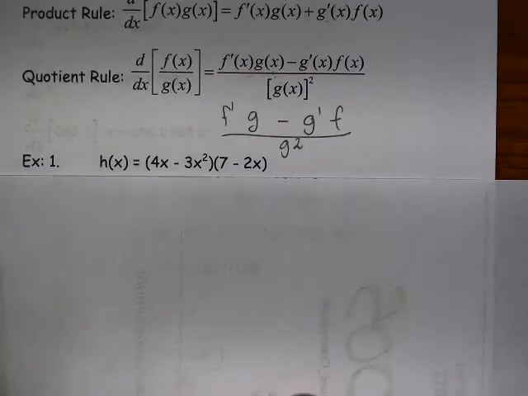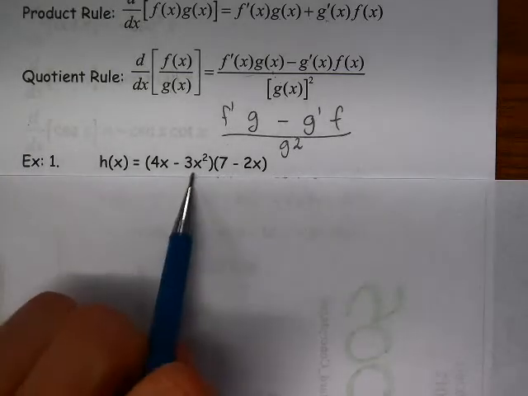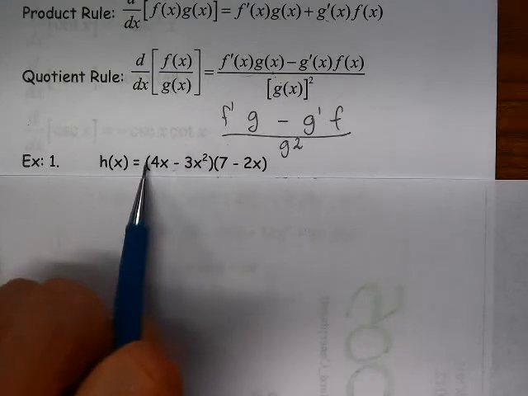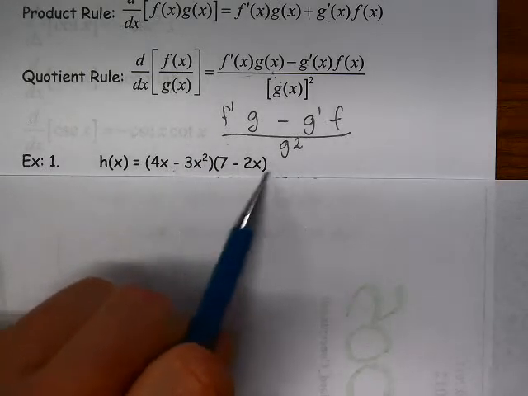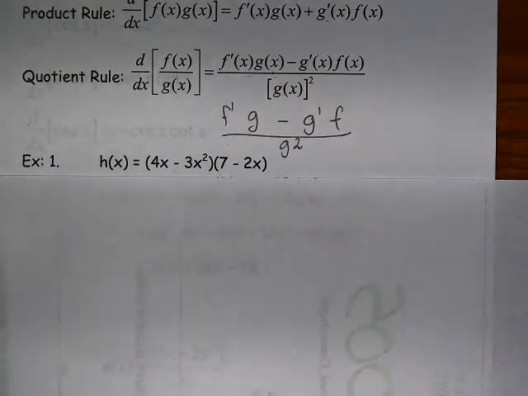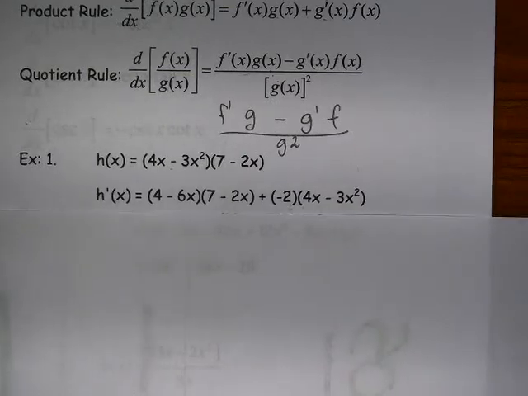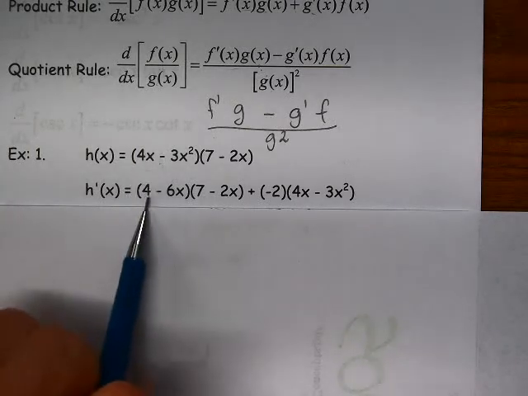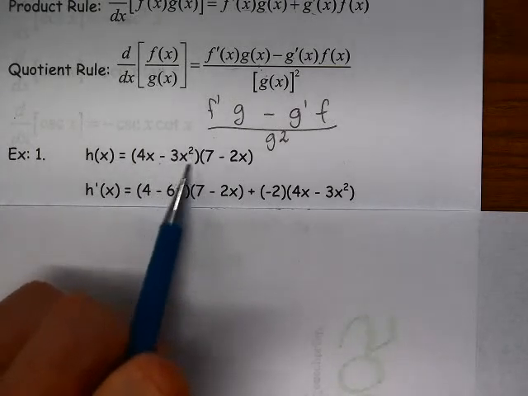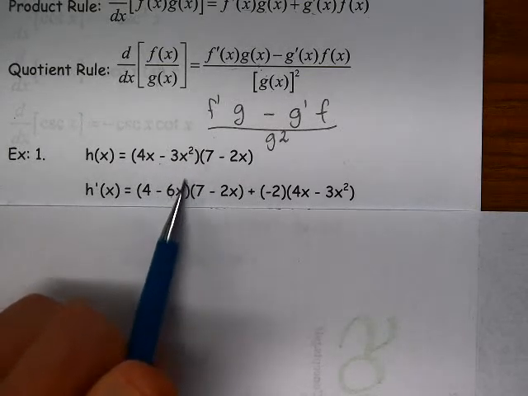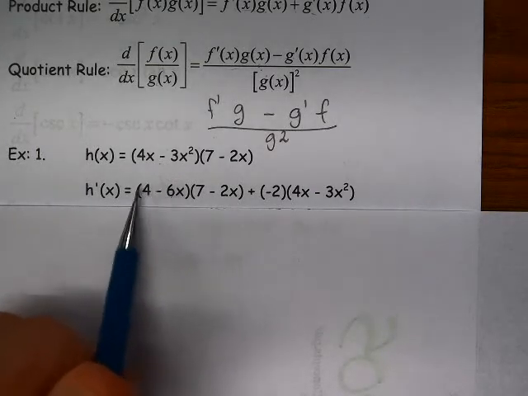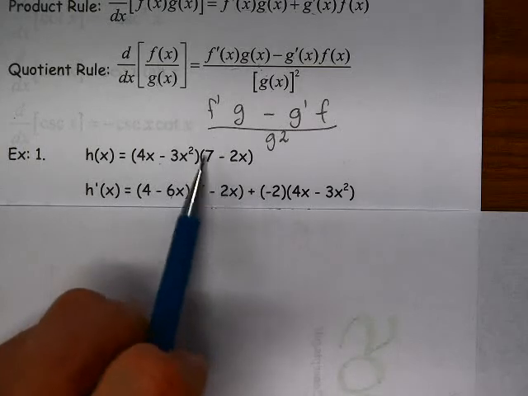Looking at the first example, I can see that I have a product of two expressions here. I have f times g. So I'm going to take the derivative of that product, and to do that, I take the derivative of the first. The derivative of 4x is 4, minus the derivative of 3x squared, 2 times 3 is 6, x, I reduce the power by 1 and I just get x there rather than x squared. So this is f prime times the original g